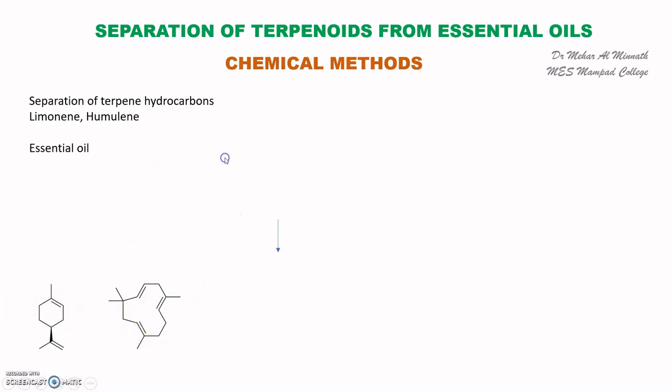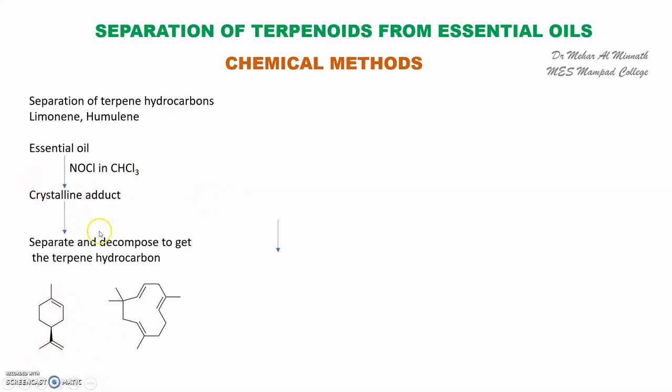Now what we do here is you take the essential oil and then treat it with NaCl and CHCl3. Okay, so you get an adduct, nitrosyl chloride, and essentially the crystalline adduct of the essential oil, the terpenoid, will form because there are unsaturations here. And then that crystalline adduct is separated and then decomposed to get the terpene hydrocarbon. So that's one method of separation of